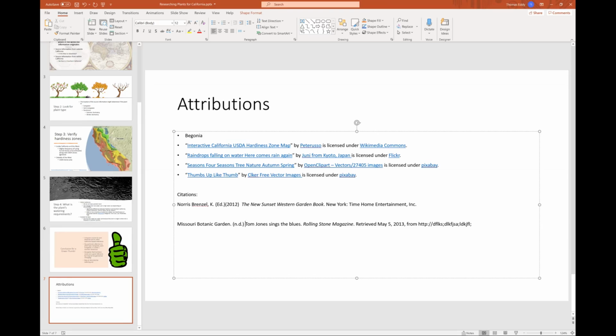And again, especially with citations, if you're going back to one over and over again, especially if it's a book, you can just list it once. If you wanted to, you can put the page.